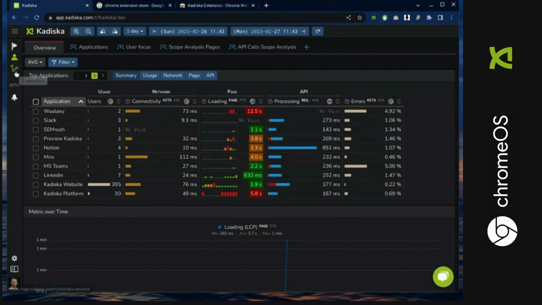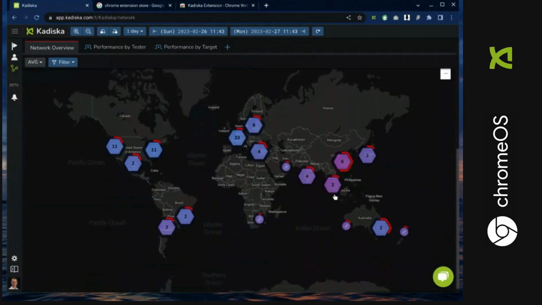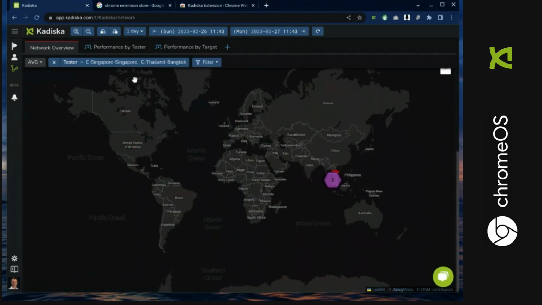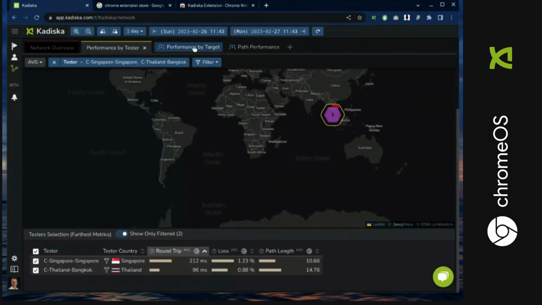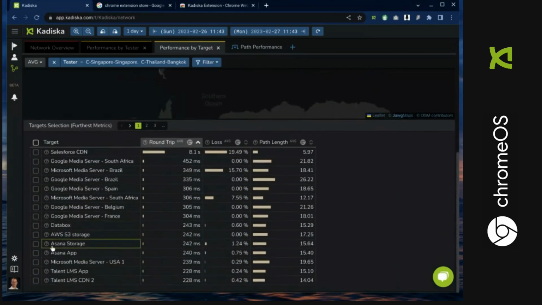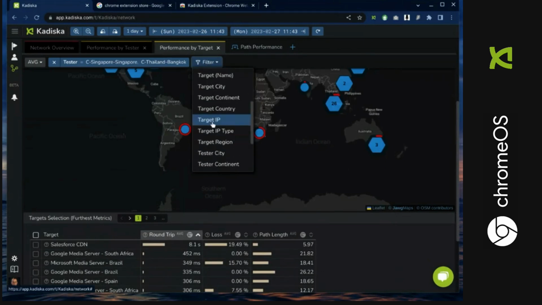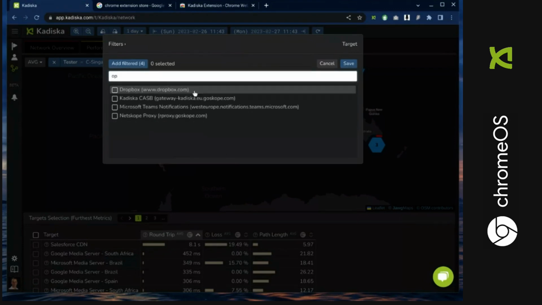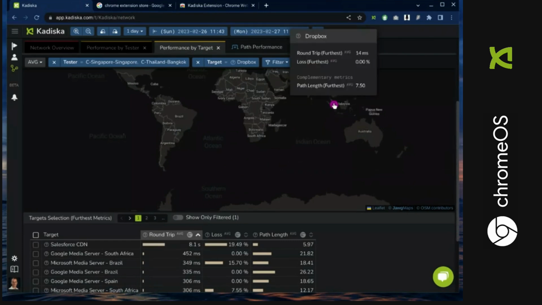Now, if we wanted to also understand the network behavior from this machine, and this is very powerful if I want to test from specific locations. Let's say I'm over here and maybe I'm in Malaysia today or Singapore, and then I want to test from those locations directly into a specific target, to pick one of the applications I'd like to learn more about. So why don't I go here and I'll filter the target down to something like, let's say you're concerned about performance to Dropbox, right? You can pick on that. Here we go. And now you'll see the performance from these two locations, so Thailand, Singapore to Dropbox,